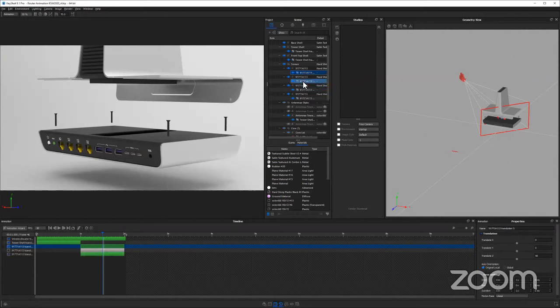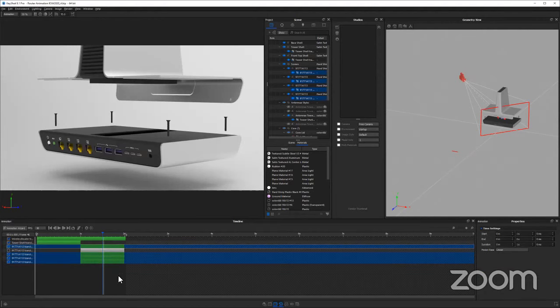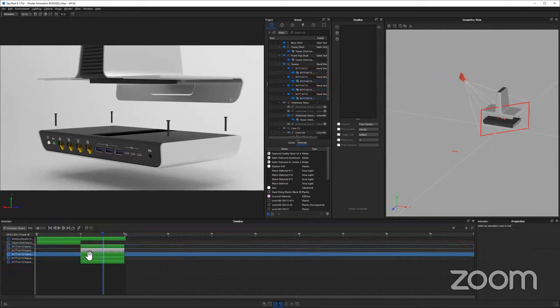I might just be blanking, but there should be a way to unlink those all at once. But if there is, and I find it later, I can follow up. So sorry about that if that was anticlimactic. But the point is, once we've unlinked those, if we want to take these and have them all move out,